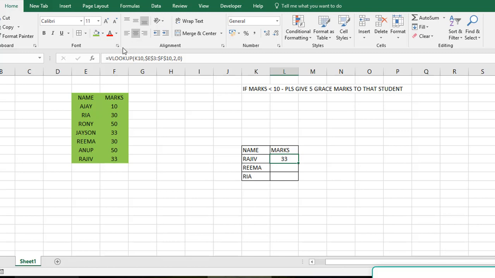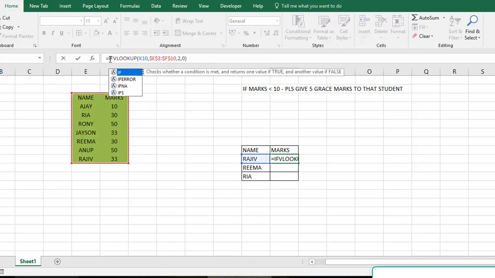What I want to do is say if, start the bracket, this is your logic test. In the logic test, as we know, we always do a comparison which gives us back true or false. So I say that if the value of this entire function is greater than 5, if it is greater than 5, so what will happen? What do you want to write in the value of true? Then you add 5, sorry, it should be less than 10, sorry. If it is less than 10, then I want to add 5 to the marks